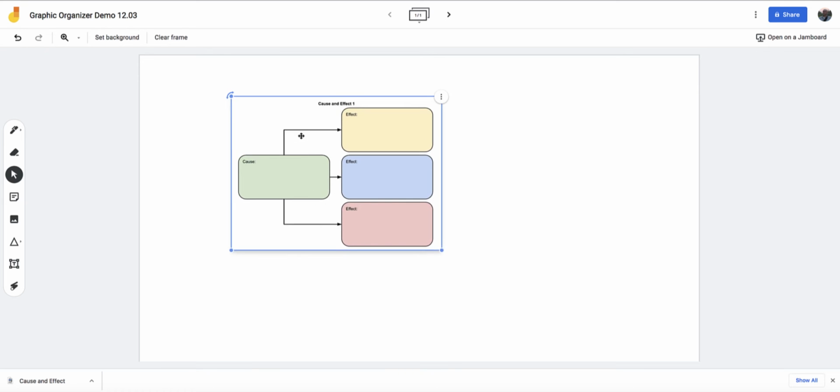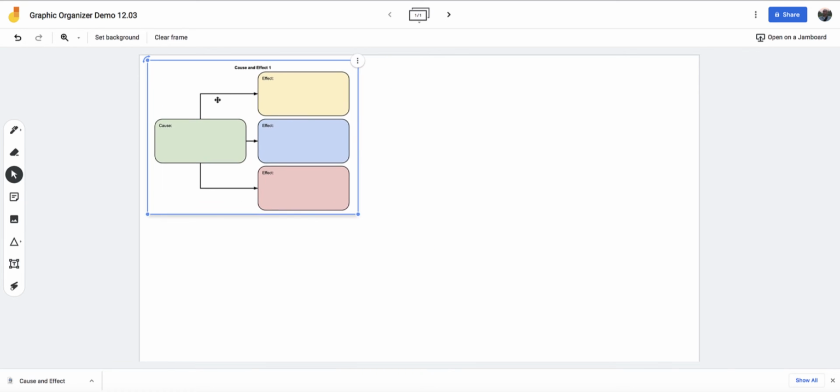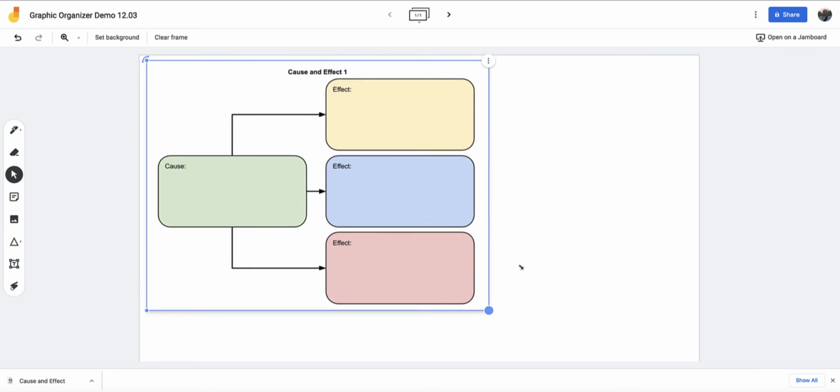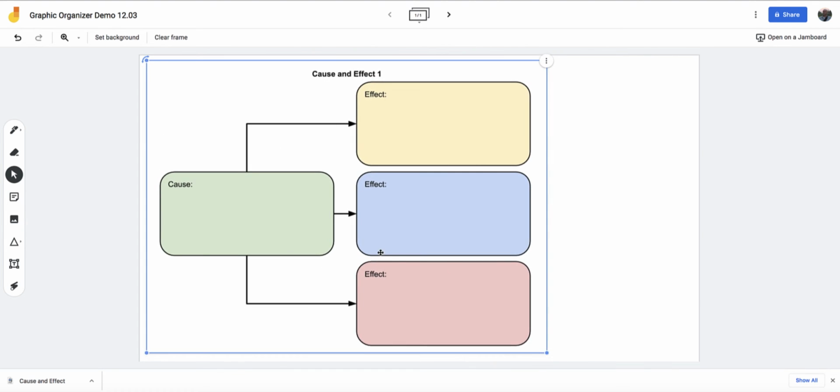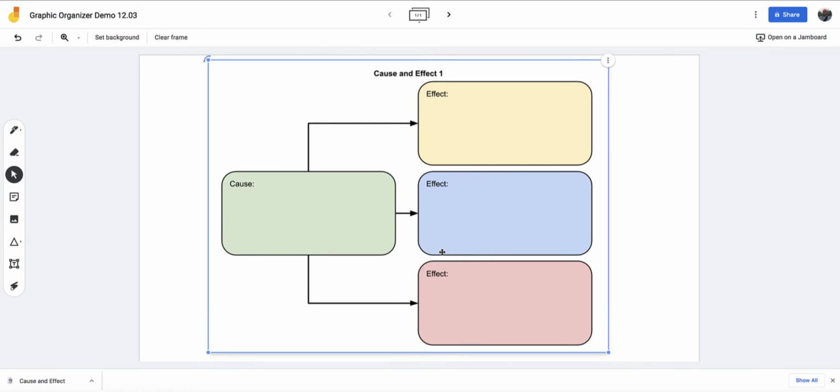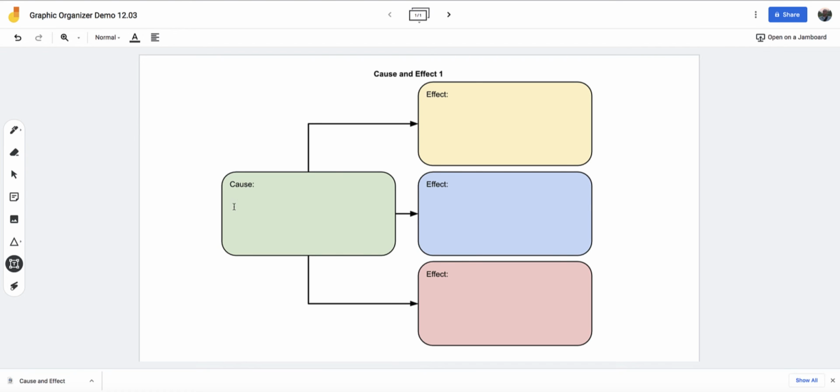Now, of course, I want to probably make that a little bit larger, so I'll drag it over here in the corner and then drag from this circle down until I get it just about full size of the screen that I want. All right, and then from this point, you can then complete this graphic organizer with your students. So perhaps you want to give them a prompt. So maybe you're reading a story about